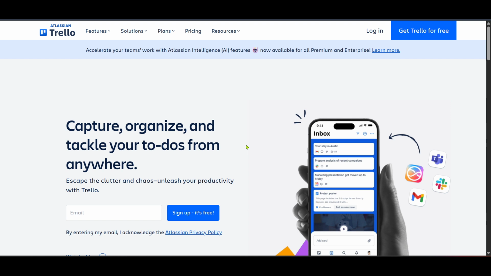Once you're there, the next step is logging in. You'll notice a login button at the top right corner of the page. Click on this and you'll be prompted to enter your Atlassian account credentials. If you don't have an account yet, you can create one. It's free and straightforward. For those who already have an account, enter your email and password to gain access to